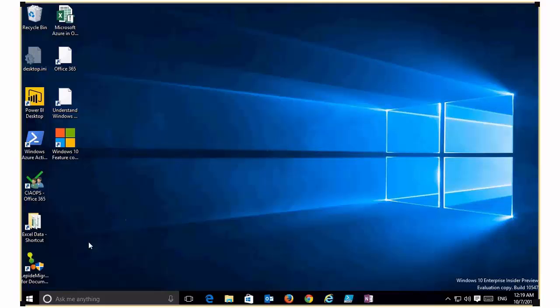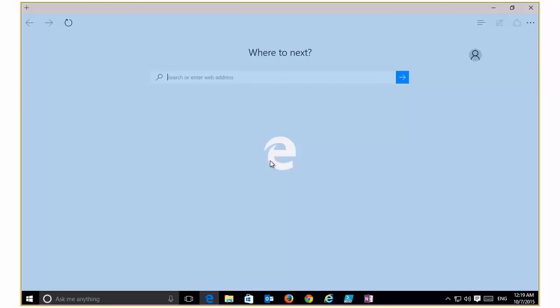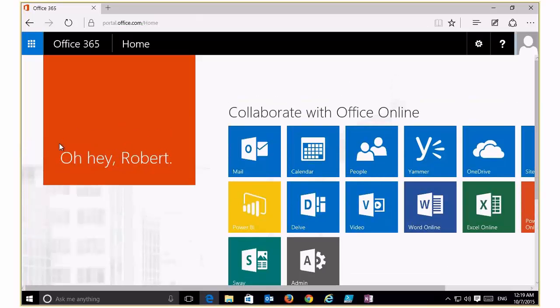Okay, so what I'm going to do here is I'm going to go to my Edge. I'm going to go to Office 365. And you'll see that thanks to Windows 10 and Azure AD Join, I'm logged straight into Office 365 with my credentials. I go to my admin area,